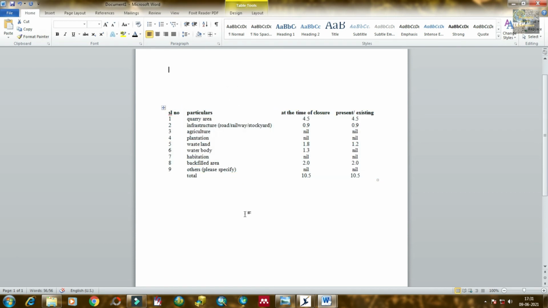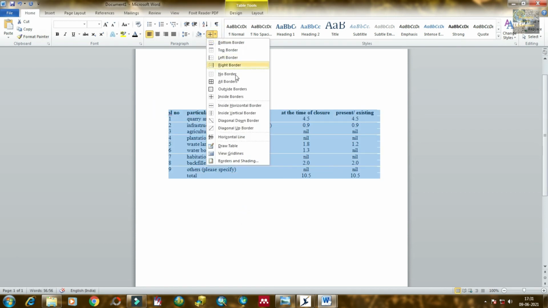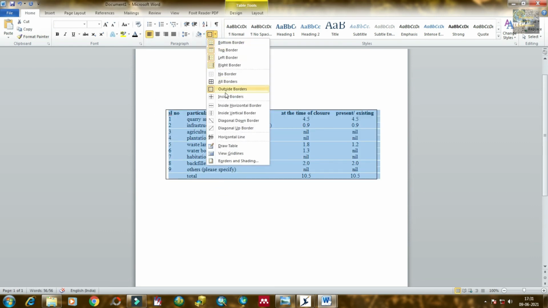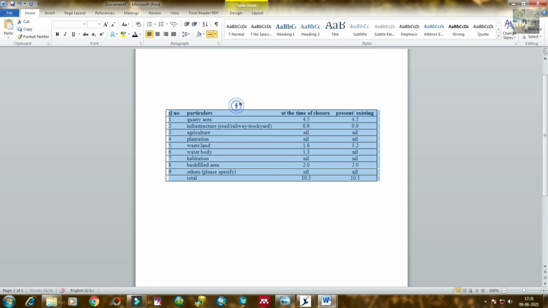Outside border, you can see that only the outside border has been placed. Then inside horizontal border, the horizontal border has come again.